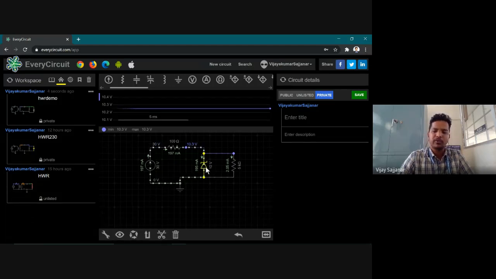How? Because of its property of taking large amounts of current in its breakdown voltage. When it is in breakdown, it will try to keep the voltage constant. That constant voltage will be taken up by the load. Even though we are giving 30 volts, we are getting 10 volts.